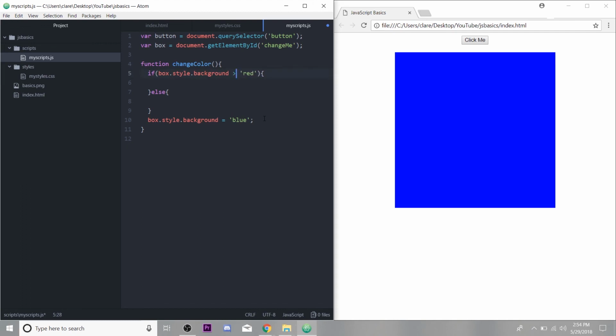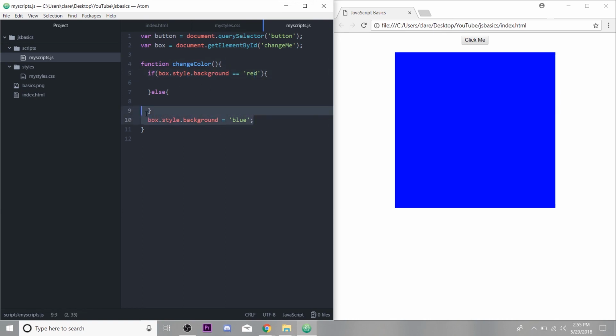There's also greater than, less than, greater than or equal to, less than or equal to, and this is identical, which is slightly different from equals, but we're just going to use equals for now because we don't need to worry about identical. So this conditional statement is checking if our box background is red, and if it is,